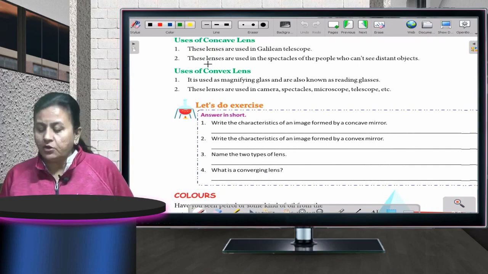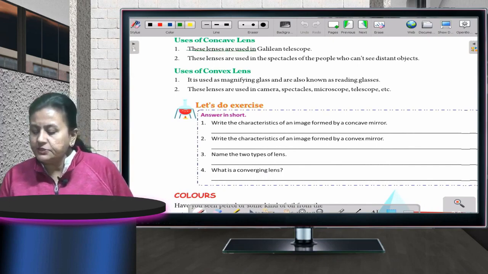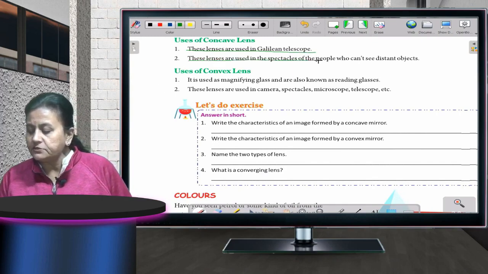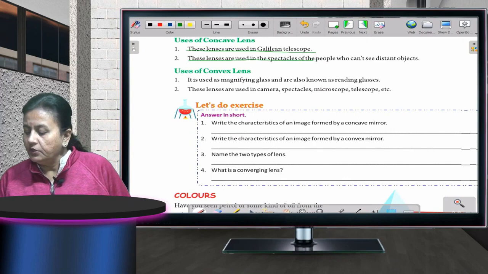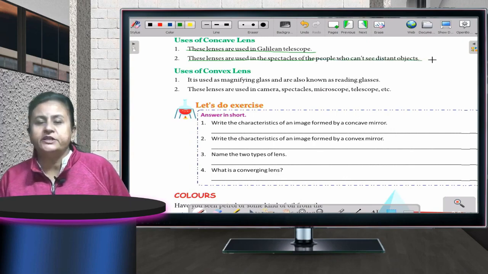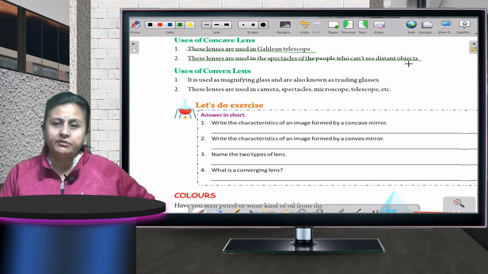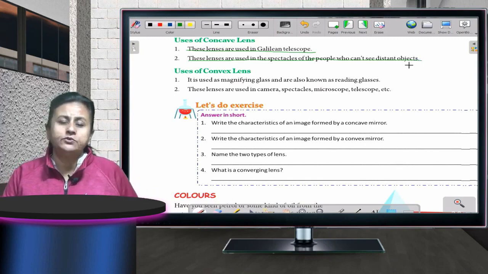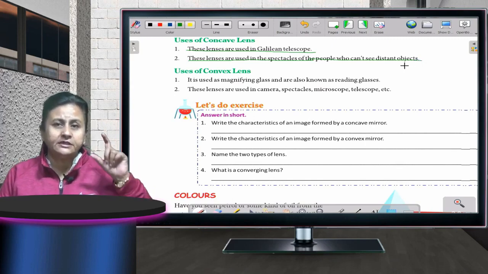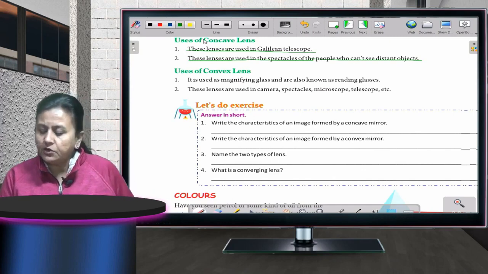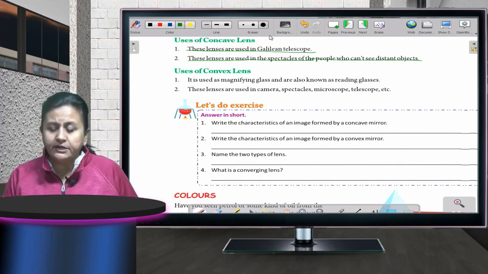concave lenses are used in the Galilean telescope. These lenses are used in the spectacles of people who can't see distant objects. In case we have a problem of eyesight and cannot see far away things, which type of lens do we use in our specs? We are using a concave lens. Fine, children? If I talk about convex lens now,